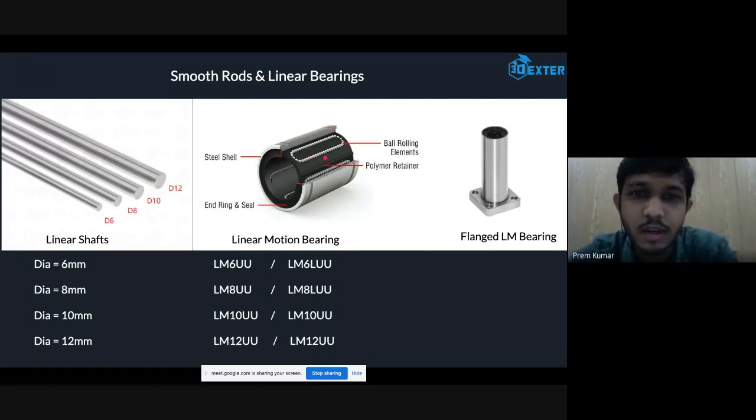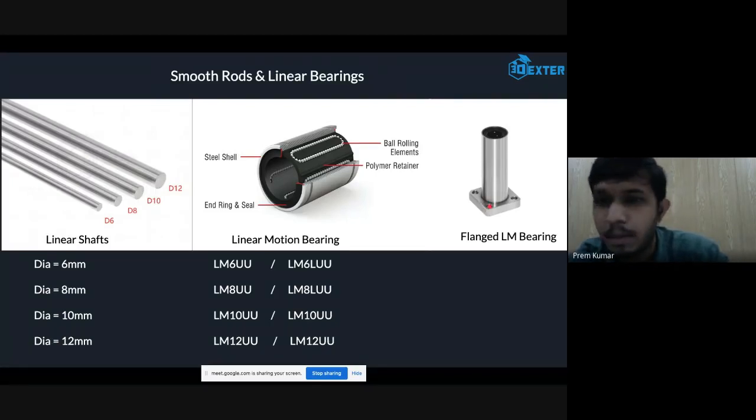It is used in horizontal motions like in the X and Y axis. And these kinds of bearings are used for beds which are moving up and down. We have seen in the XY mechanism that the bed will be moving up and down. For that kind of mechanism, we can fix these bearings on the bed, so we can easily assemble the bearing to the build platform, which will move up and down.